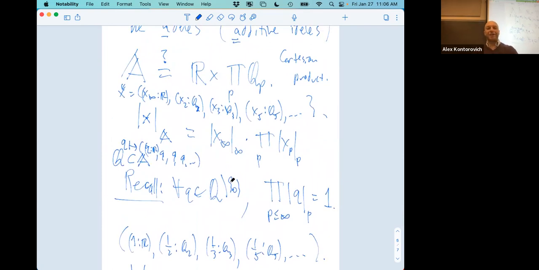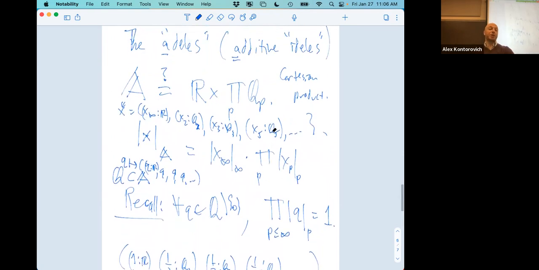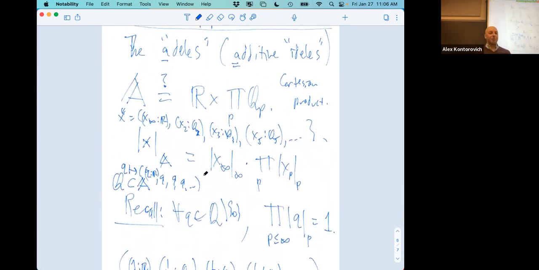Okay, so what's the right thing to do is not to take a Cartesian product. There's something much worse. I mean, this is just messing around with the norm. When you take this product, you get something that is no longer locally compact. And to have any hope of a Haar measure, the existence of Haar measure uses the space being locally compact. Yes, a Haar measure on the big thing. You want a Haar measure on the Adeles. We're going to want to do Fourier analysis on the Adeles. All of this was building up to Fourier analysis.